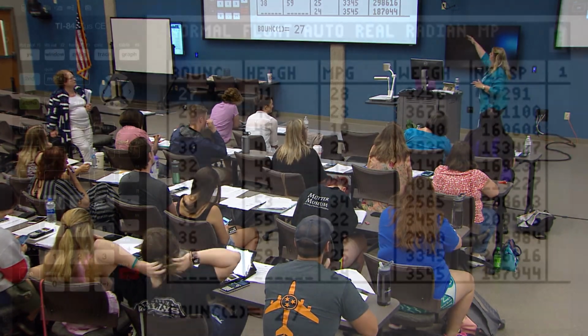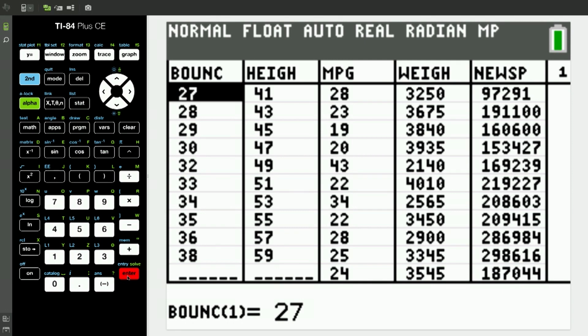So here's what we're going to look at. Now make note. What are the columns called, the first 2 columns? Bounce and height. So let's think a minute. I've got a ball. I'm bouncing it, and it goes a certain height. Think about independence versus dependence. Just kind of hold that thought for a minute. Now, watch what I'm going to do. I'm going to hit second. Do you see it's red?